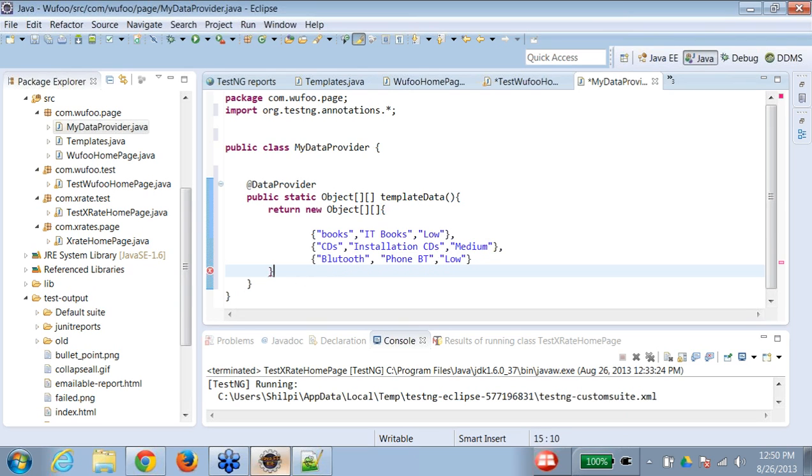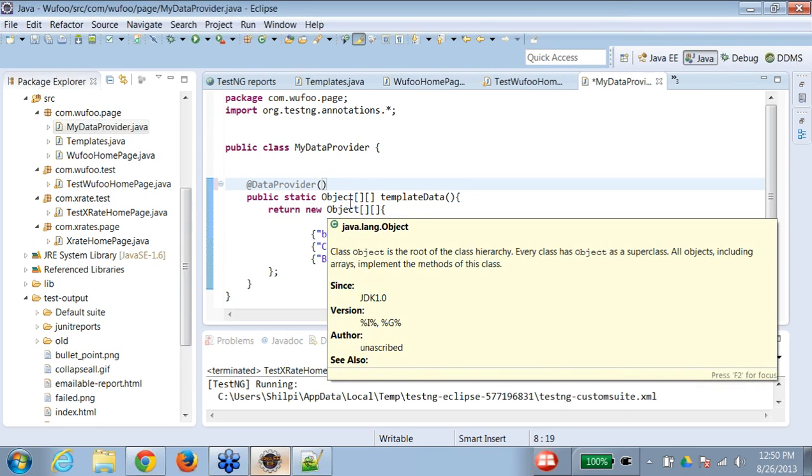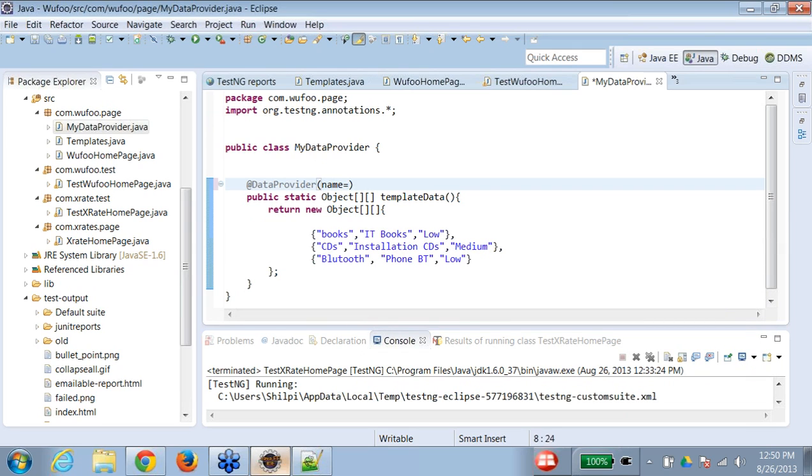So I'm passing 3 types, 3 different sets, and I need to give a name also. So let's say name is equal to template data or something. You can give anything you want,